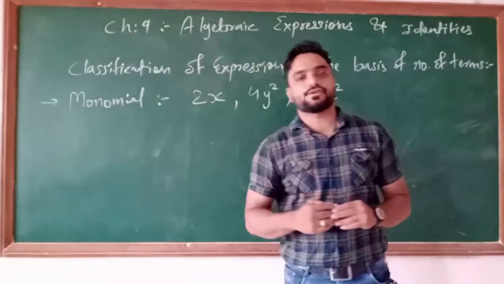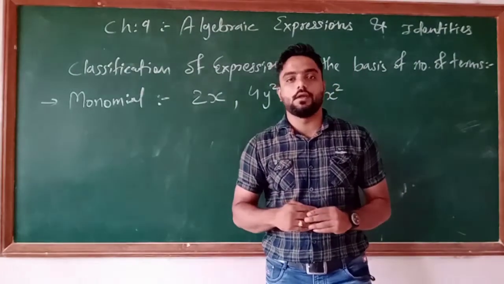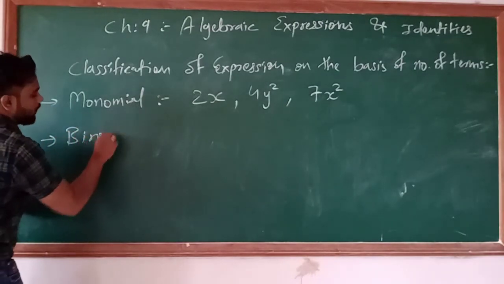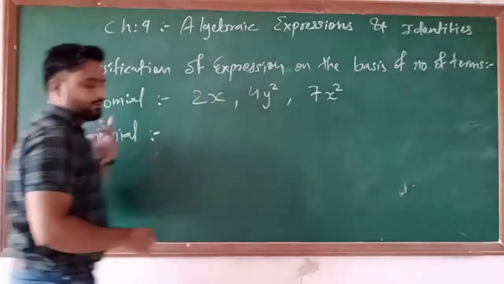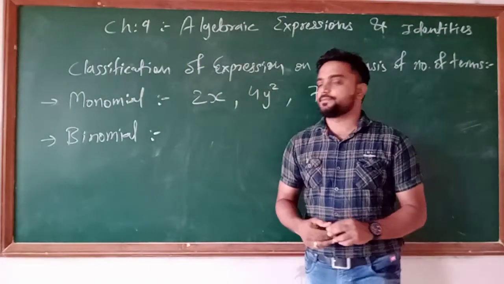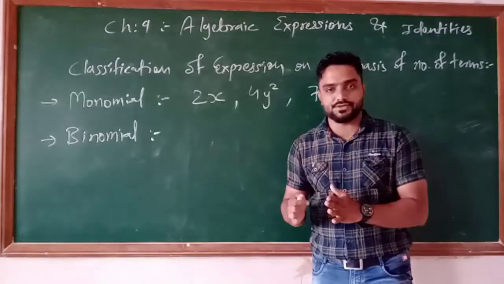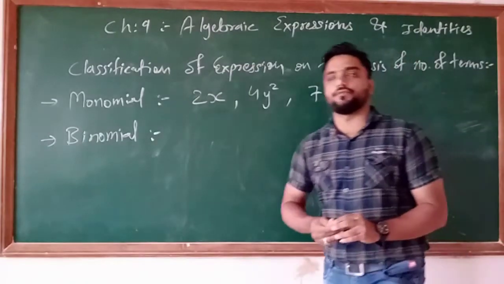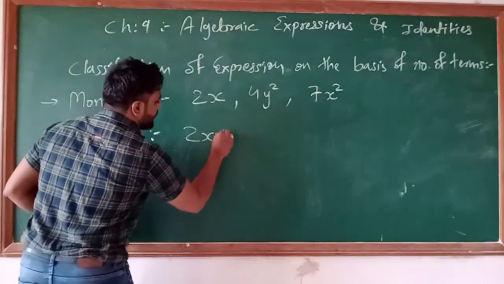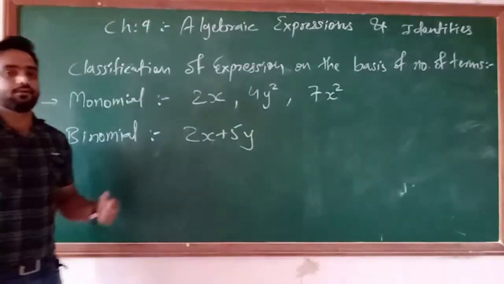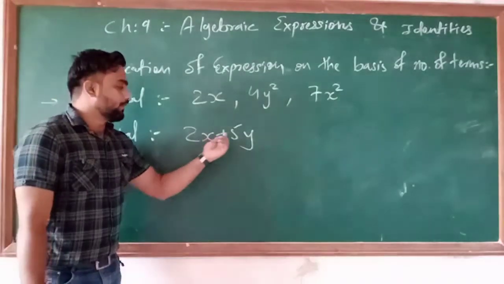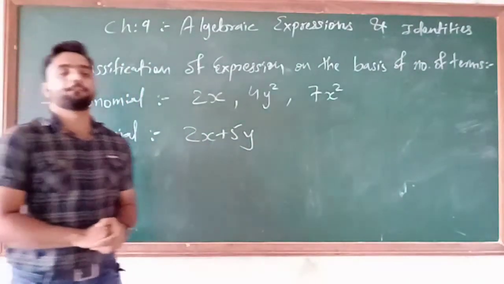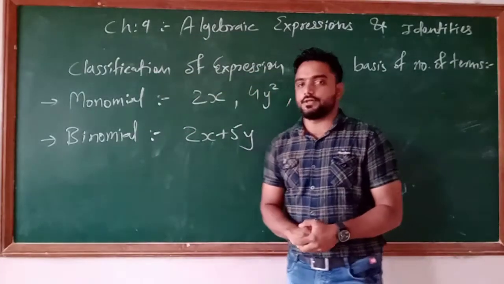Now the expression having two terms is called binomial. So the second one is the binomial expression. You can write monomial expression and binomial expression. So what do you mean by binomial? The expression that contains only two terms is called binomial. Suppose I am writing one of the examples as I explained, that is 2x plus 5. Understand or not? Here there may be any operation. It may be addition or it may be subtraction, and if two terms are there, it is called a binomial expression. Understand or not?